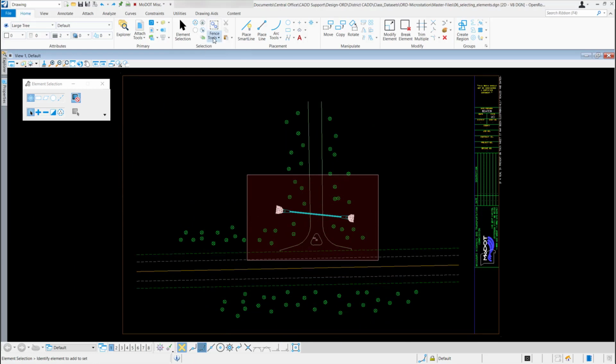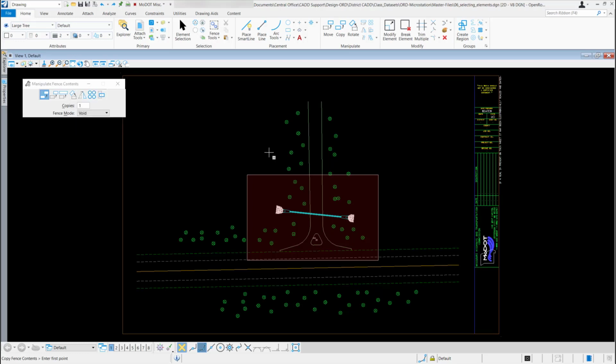I'm going to go back up to my fence tools, go back to that manipulate fence contents, and go back to the different modes. So the void will void out everything that's completely inside the fence. The void overlap works just like the overlap. It'll delete everything inside the fence and everything that overlaps it. And the void clip will clip out the inside of the fence and delete it. So those are what all the different modes will do.